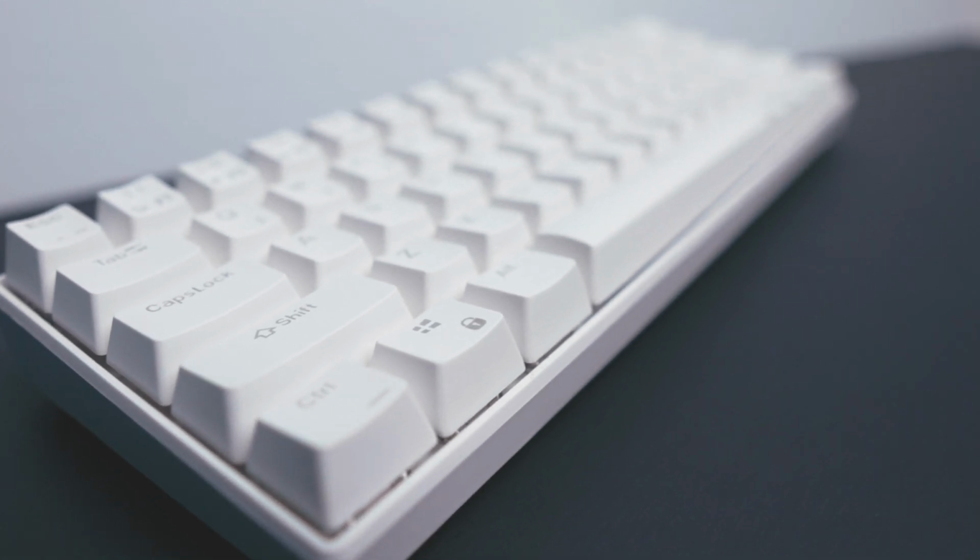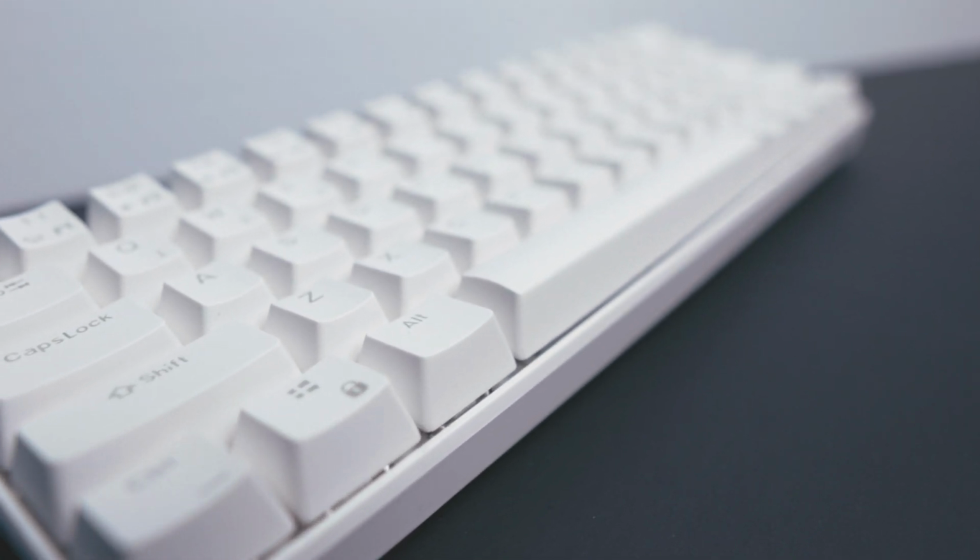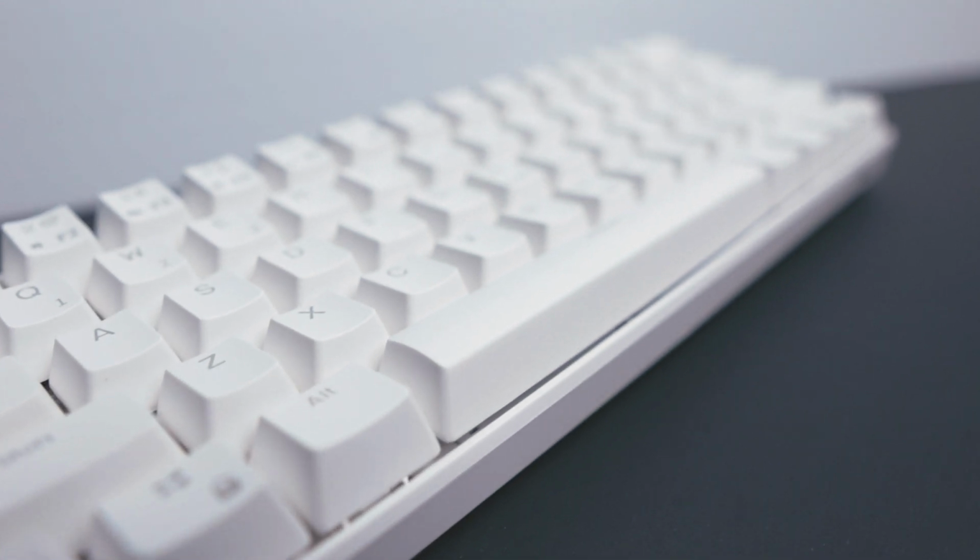The RK61. It's probably one of the first keyboards most people look into when they dive into the mechanical keyboard